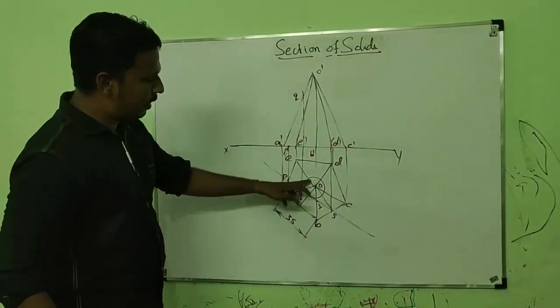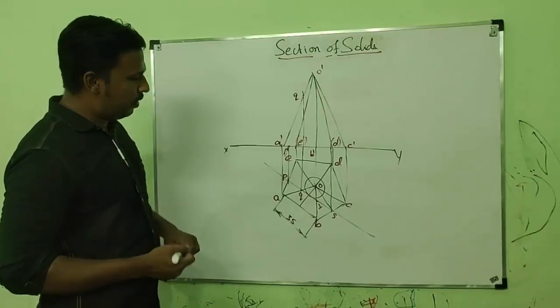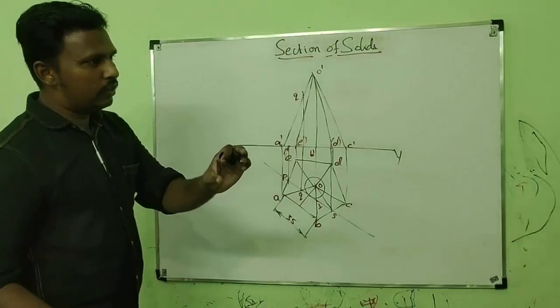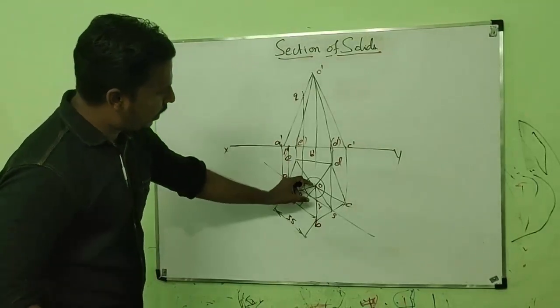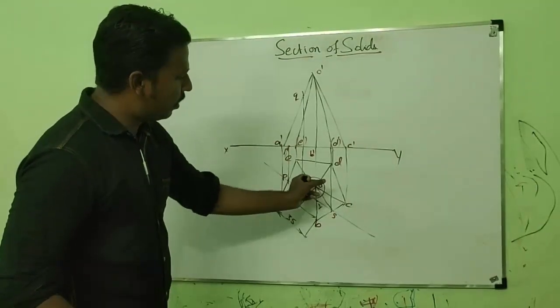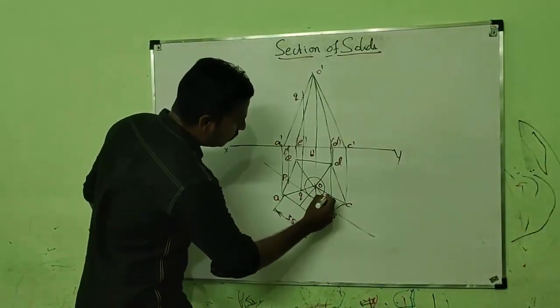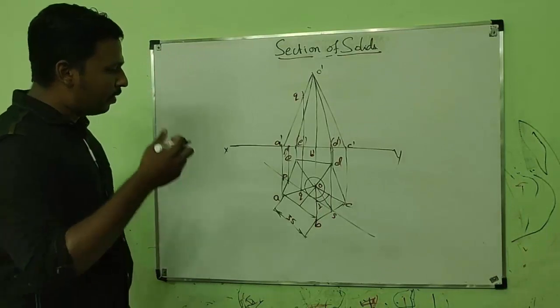Now the point is in the edge OB, so we have to transfer the point to another edge. Now I am transferring the point to OC using the compass. Using the compass, take the radius OR and mark a cut here. So now I am transferring the point to OC. So here I am locating the point R.